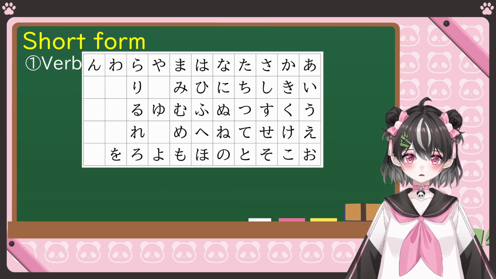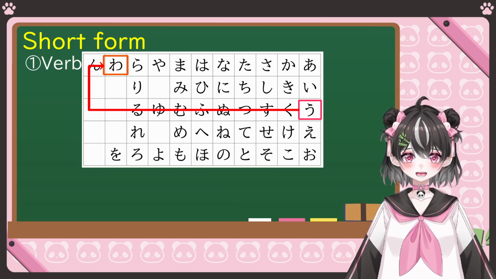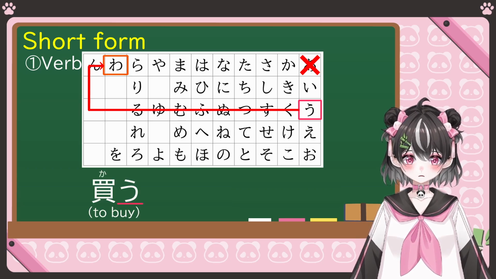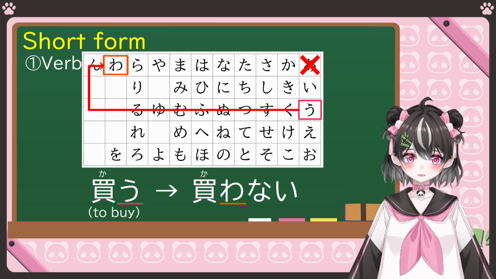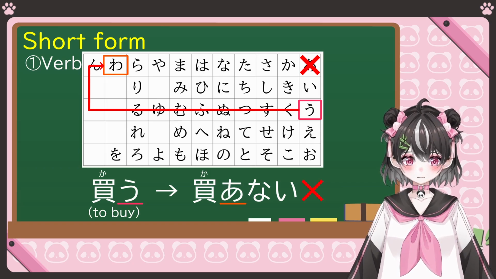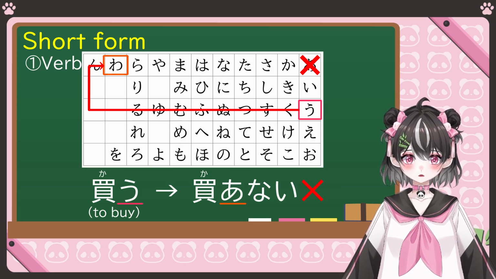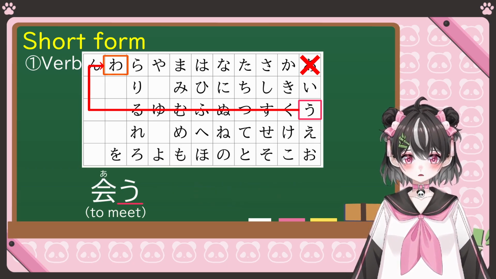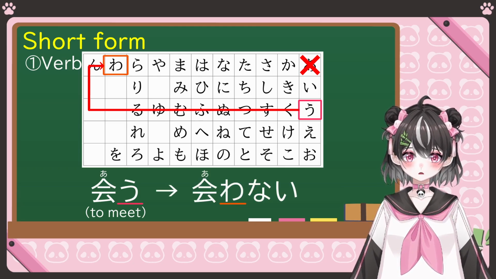Verbs ending with う get わ, not あ. For example, 買う becomes 買わない, not 買あない. This is an exception. Then what about 会う? That's right. 会わない